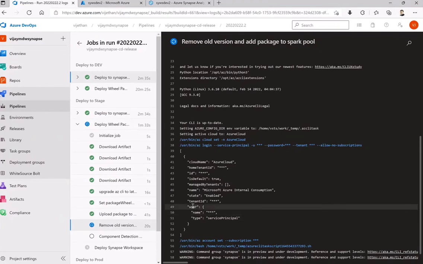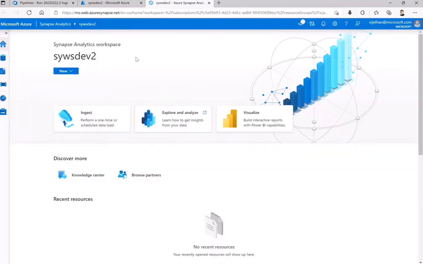Okay, so team, as it will take some time as we did for the dev environment, so it will take 20 minutes. So meanwhile, let's see what we need to do for integration testing. With integration testing, first of all, we have to go to the Synapse Studio for the dev environment. Similar is for your integration environment and the production environment. However, the procedure is the same for all.